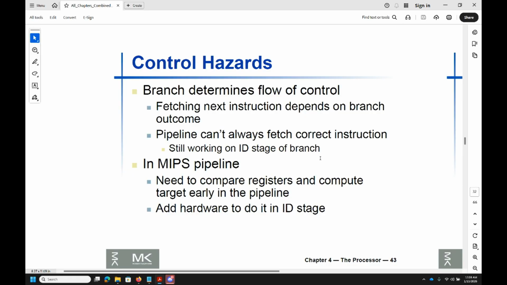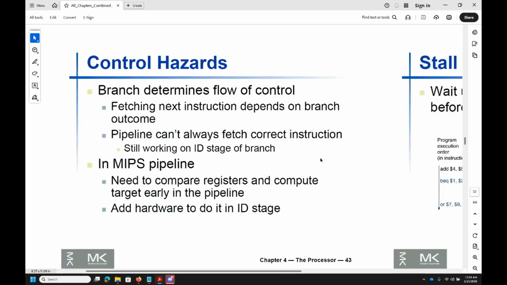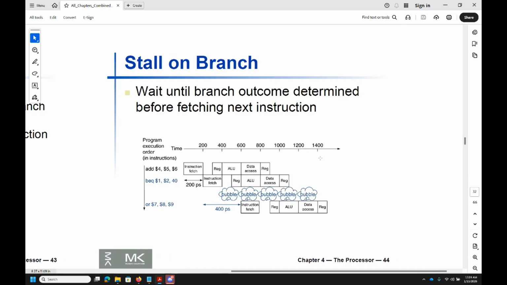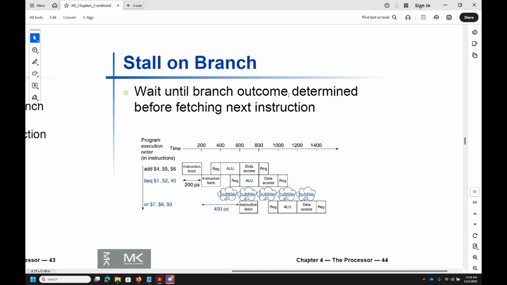Until you check that condition, you cannot know whether it will be true or false. This is a very big problem for parallelism, because you cannot parallelize instructions when you don't know what the next instruction is going to be. The naive way to solve this is to wait. Literally, if you have a loop condition to check, your entire processor waits until that computation is done, and then you go ahead and fetch the next instruction.